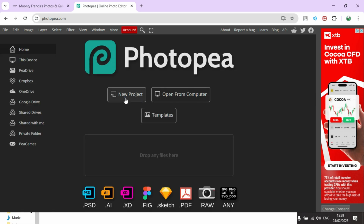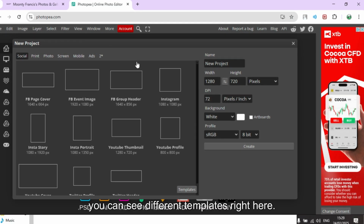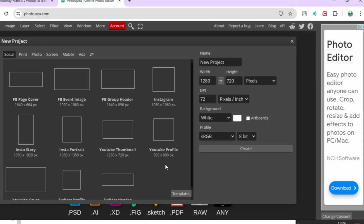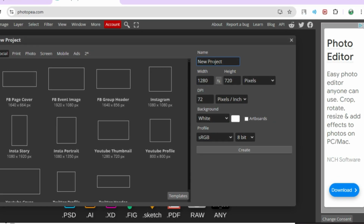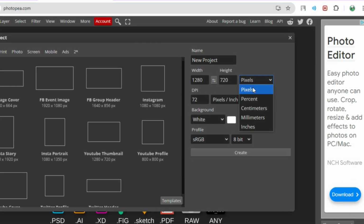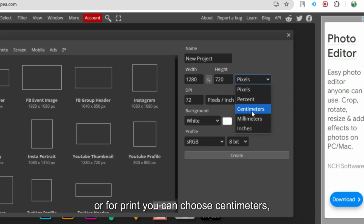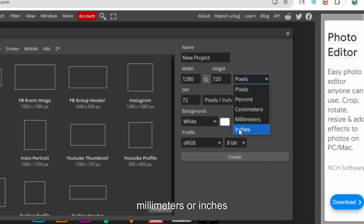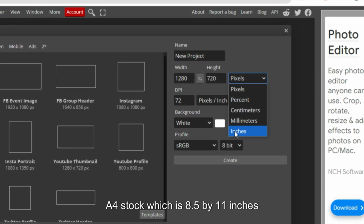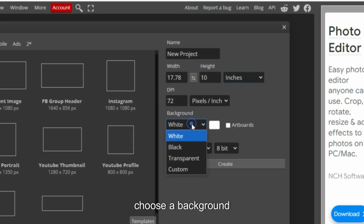And before I do that, I can show you that here there are templates. When I click on a new project, you can see different templates right here. Here you can name your project, choose your dimensions. You can choose it for screen sizes or percentage, or for print you can choose centimeters, millimeters, or inches. And for print, if you have a stock, let's say like an A4 stock, which is 8.5 by 11 inches, you can just easily choose that. Choose a background,